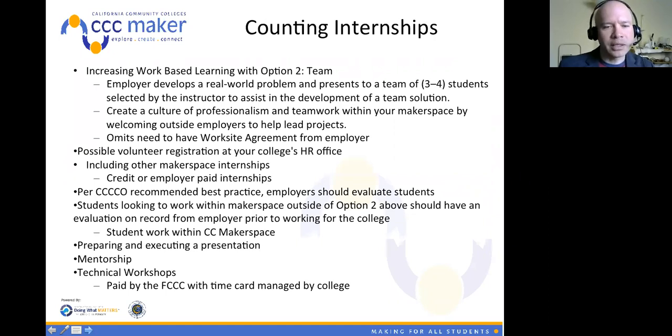So that would be considered an internship-type level that would help your makerspace have the student paid for their effort and benefit and grow your ecosystem, as stated, because they've already been evaluated by an employer. And again, you would be the time card manager for their efforts, so you set up the right timing and whatever schedule would be pertinent to that particular project for that one student helping you